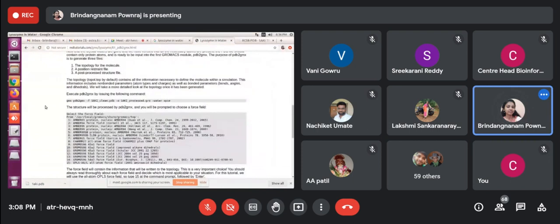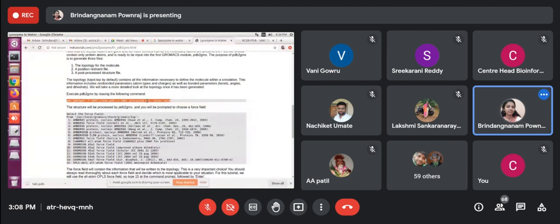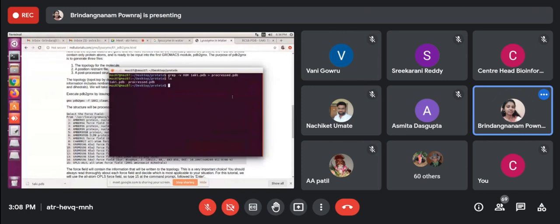Then I'm going to convert PDB to GMX, meaning GRO format, the GROMACS format. In GROMACS, there are many tools available. One of the tools is pdb2gmx.